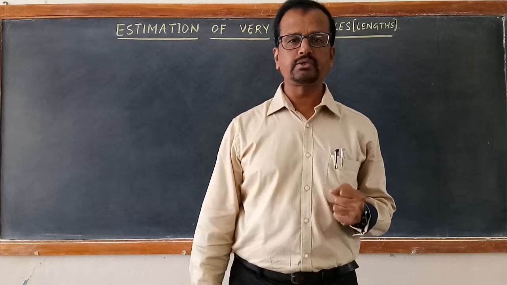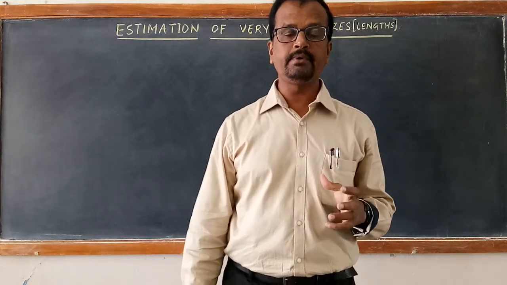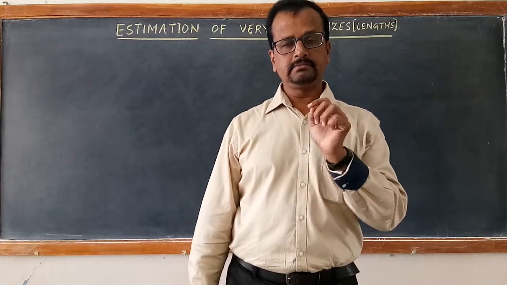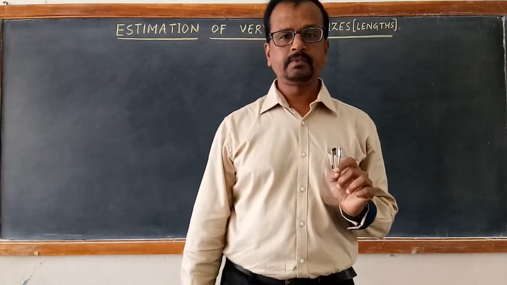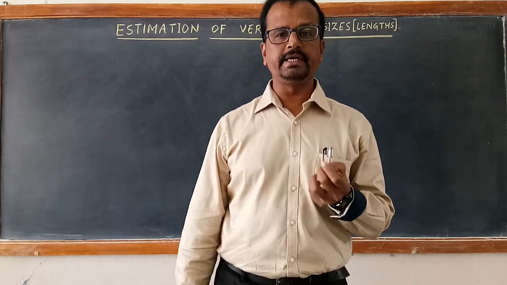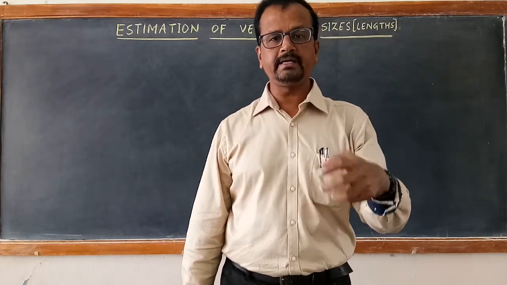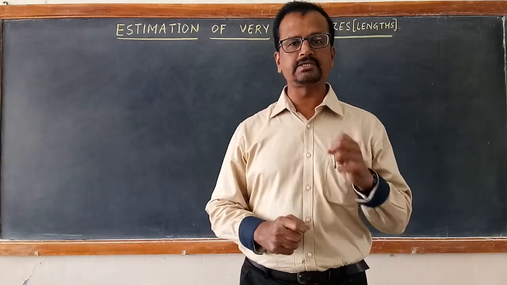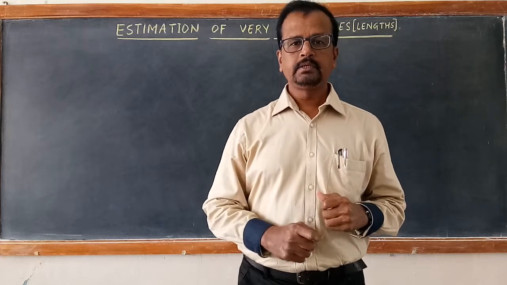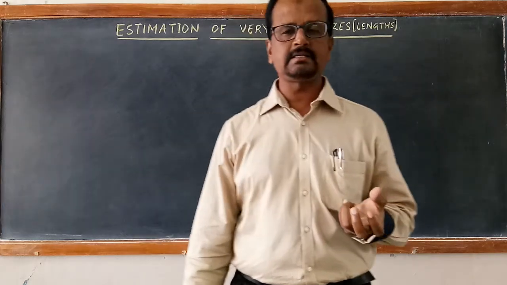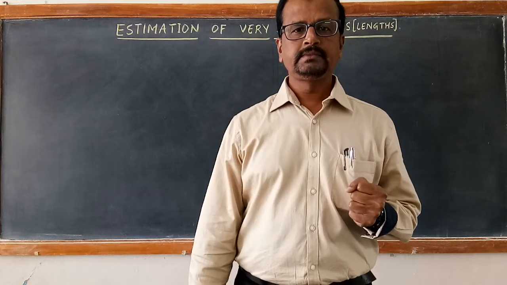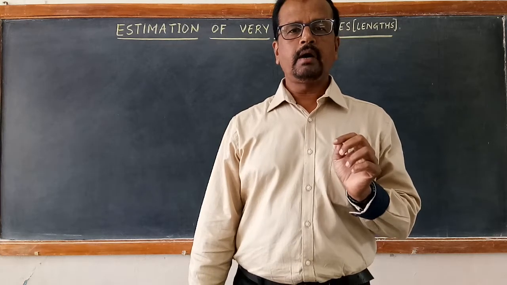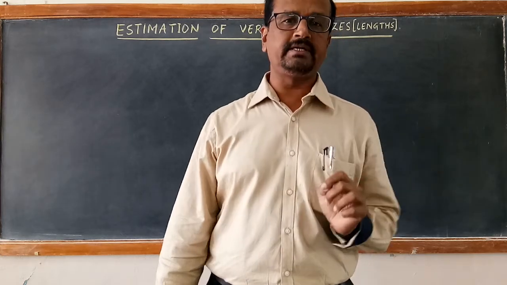In the microscope, especially optical microscope, we use light to focus the system under investigation. Whatever the small size you want to see, that will be focused with the help of light, and then it will be observed with the help of the microscope. That's why it is called as optical microscope. So the optical microscope also has certain limitation. The optical microscope can view up to the size of the order of wavelength of light.